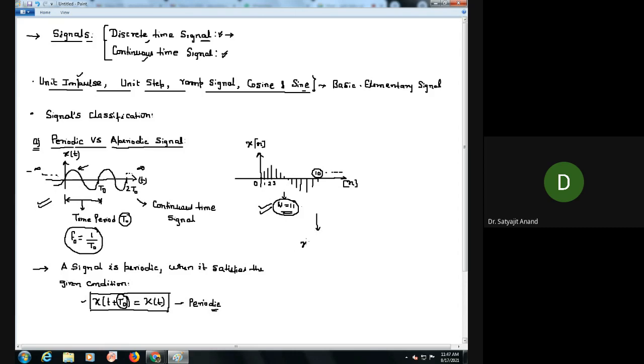A signal will be periodic if x of n plus capital N